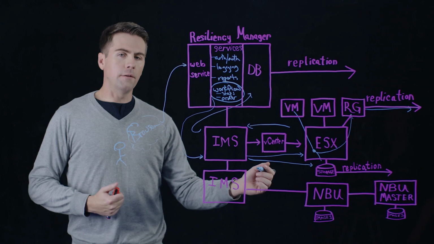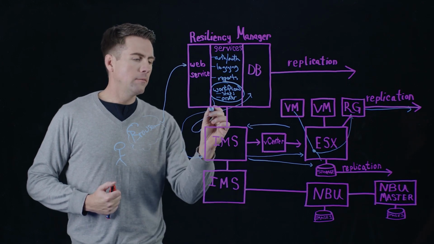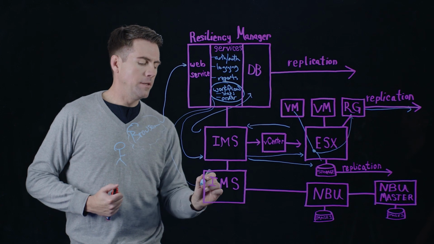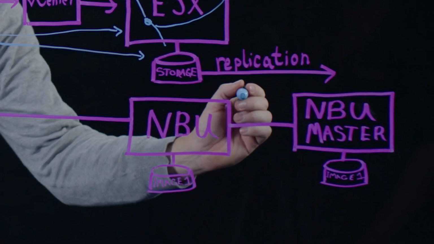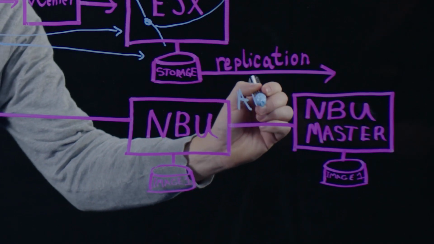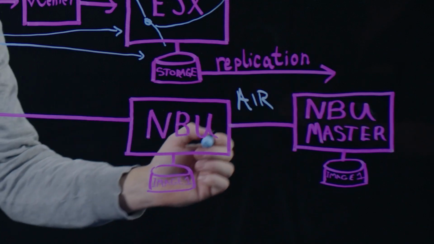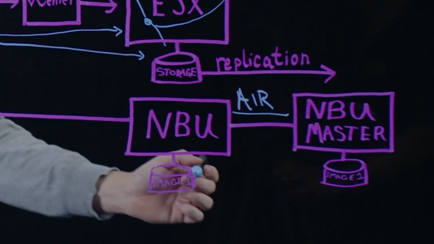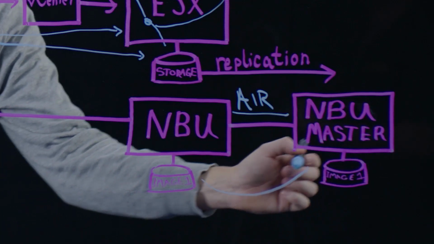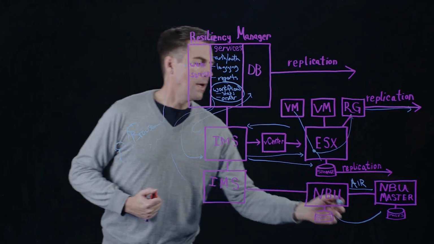The other option we have is to integrate with NetBackup. So we can actually initiate via the infrastructure management server a NetBackup Auto Image Replication from one NetBackup domain to another, where an image here on our primary site can be replicated using NetBackup AIR, or automatic image replication, and then restored